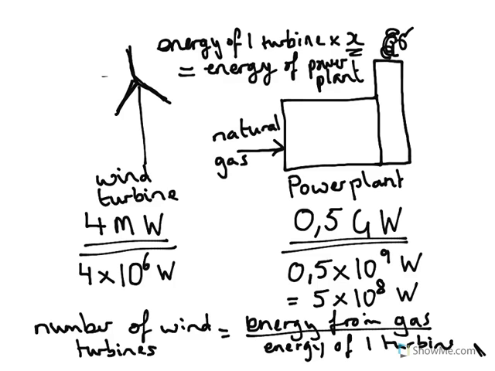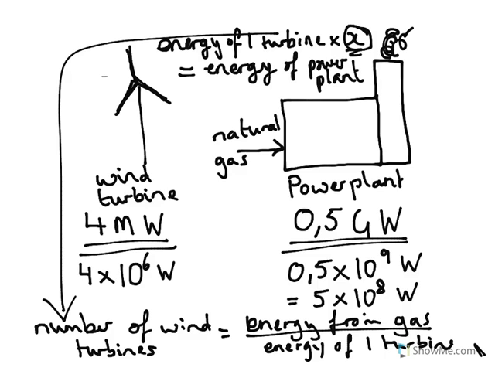And if we reorganize that to get X, the number of wind turbines, we take the energy of the power plant divided by the energy of one turbine, which in this case is 5 times 10 to the power 8 divided by 4 times 10 to the power 6. Well, 5 divided by 4 is 1.25. 10 to the power 8 divided by 10 to the power 6 is 10 squared, since 8 minus 6 is 2. So our answer is 1.25 times 10 to the power 2,